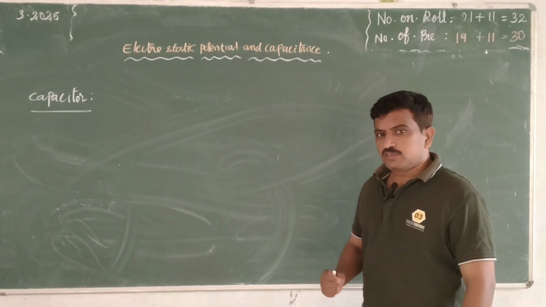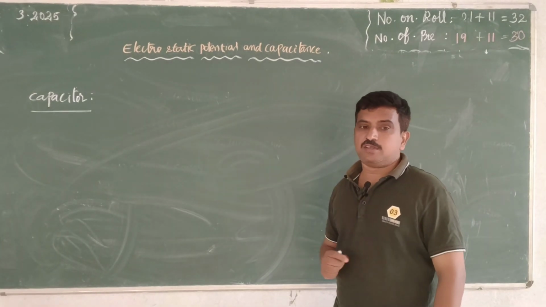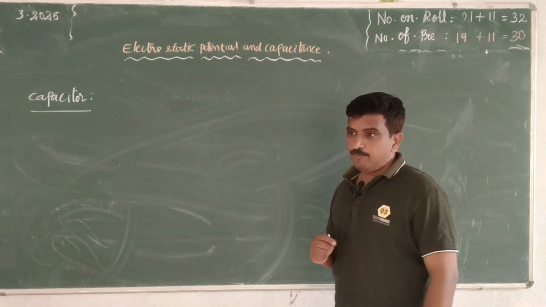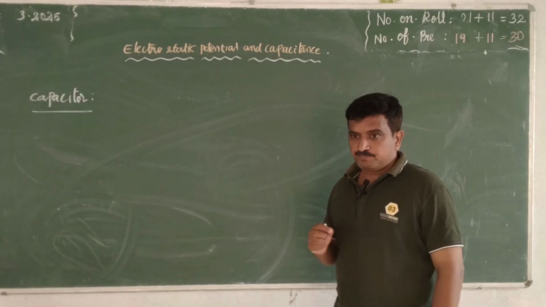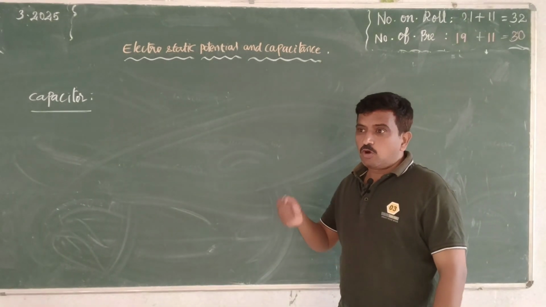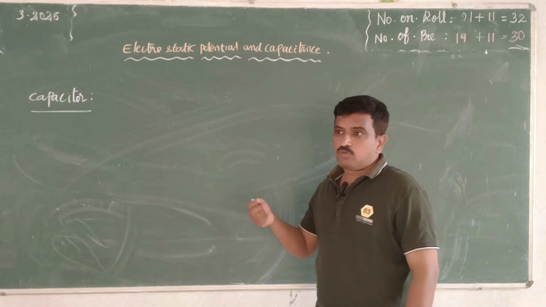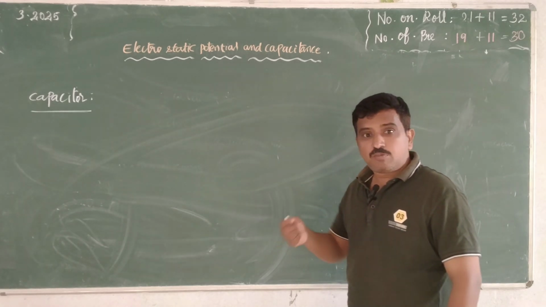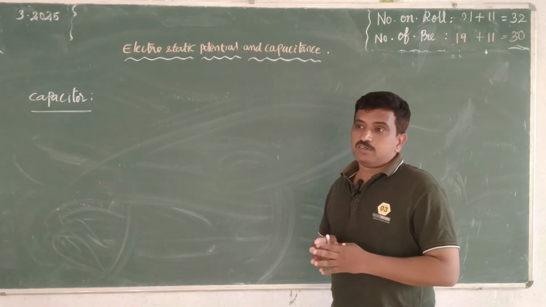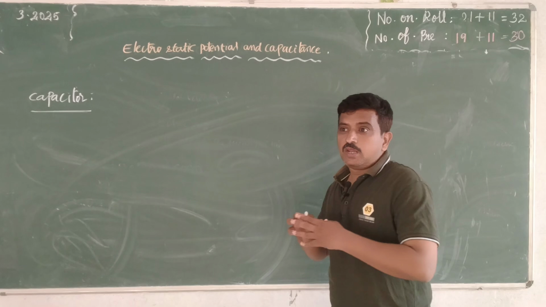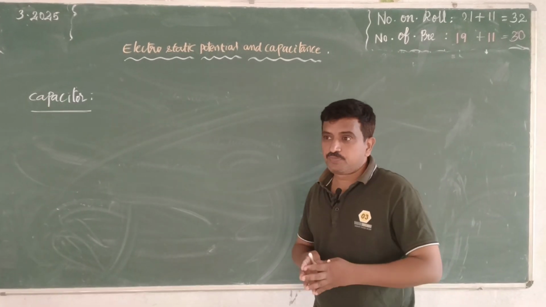Today we discuss the electrostatic potential and capacitance lesson, the second lesson in 12th standard. In this one we discuss what a capacitor is, and what its property called capacitance is. So the capacitor has some property, that is capacitance. That capacitance we discuss. Then, what are spherical capacitors, and how to store energy in a spherical capacitor, that we discuss. Before that,